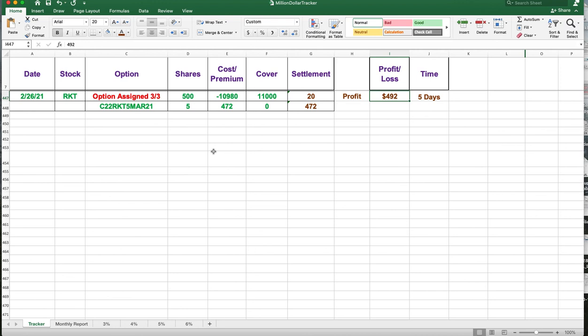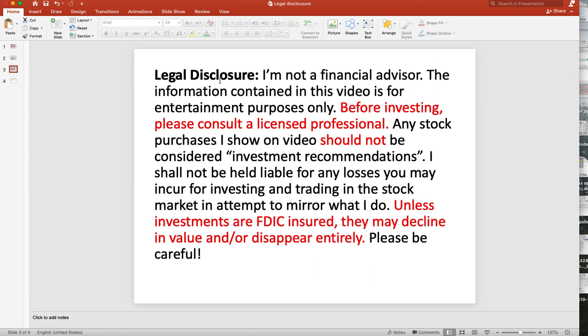I hope you guys understand this, because I do this all the time and I try to be meticulous about it. What I'm going to do is put a couple of videos at the end for you to review. They're more about covered calls and go deeper into covered calls. In fact, if you need spreadsheets like this, I'll also put a video with the spreadsheets.